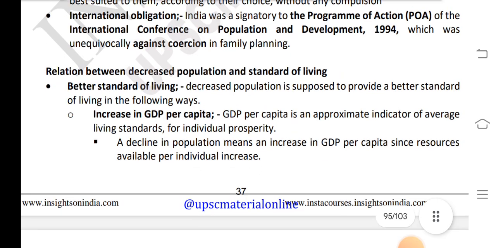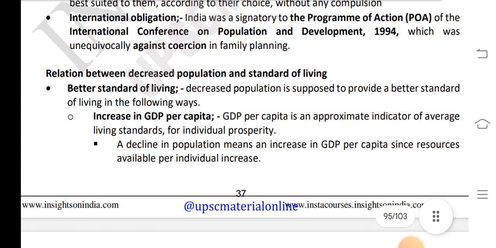Insufficient infrastructure: India, owing to the lack of trained staff and limited use of equipment for population control, failed to achieve the desired objectives. Voluntary nature: the family welfare program in India is voluntary in nature, which enables couples to decide the size of their family and adopt the family planning method that best suits them according to their choice